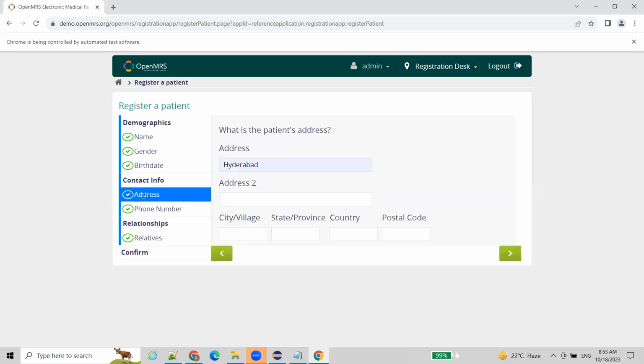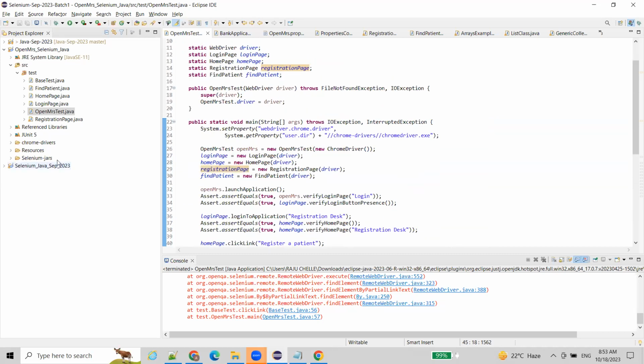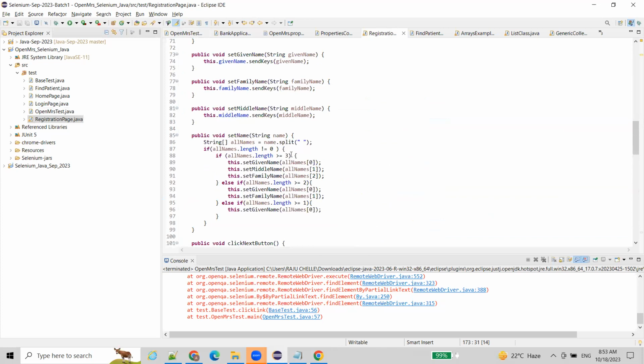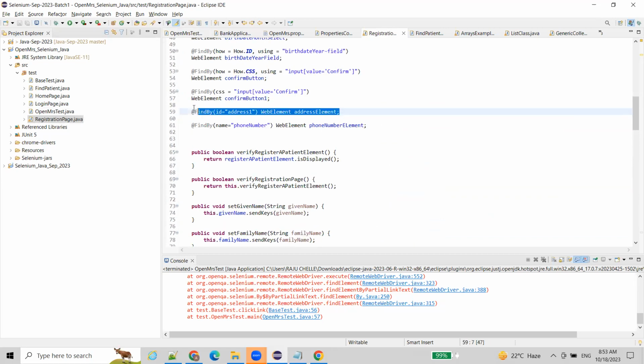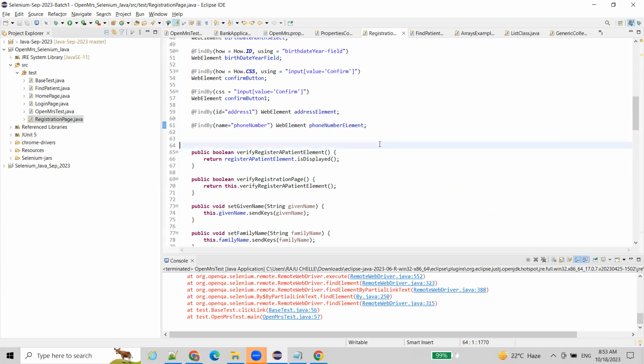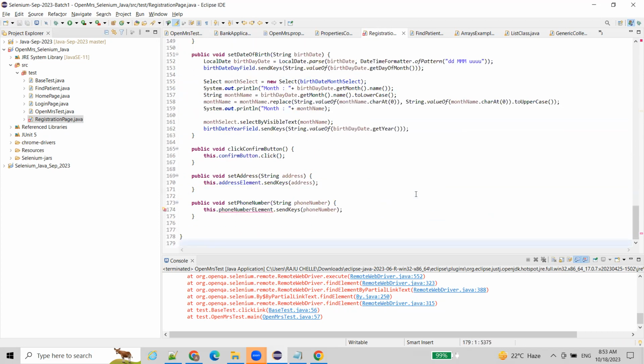Okay, so here address, we already written the code for address in the registration page. Address element and phone number element. Address element and phone number element. So methods we have written here. Phone number element, setting the phone number element, and setting the address. So now